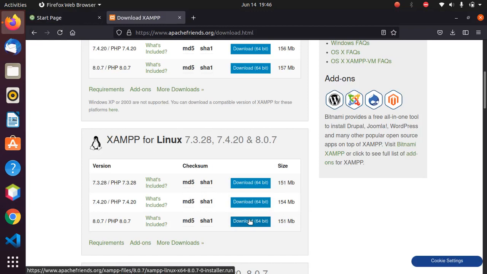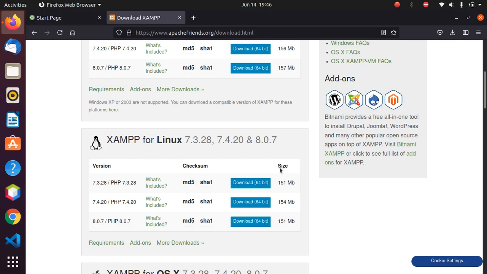In case you are using a 32-bit Linux machine, then XAMPP cannot be installed in your system because it is not available for a 32-bit machine. You have to manually install Apache server, MySQL server, and then after that the procedure is more or less the same. You will get all the related information over the net. So in case you are using a 64-bit machine, then you can of course install XAMPP in Ubuntu 20.04. So download this file. This is the file for Linux.